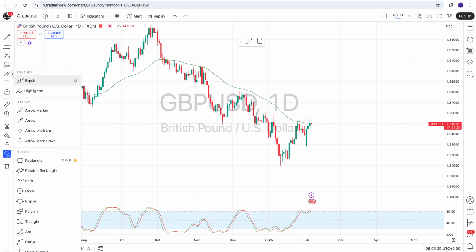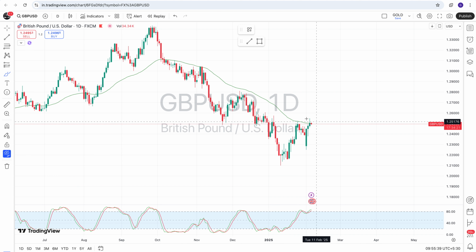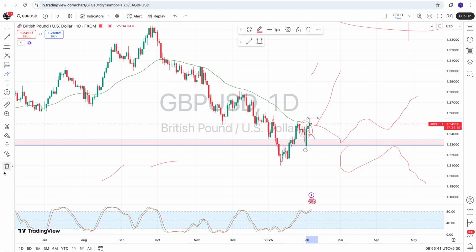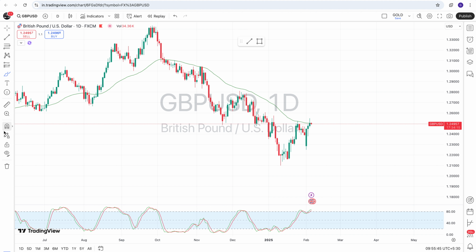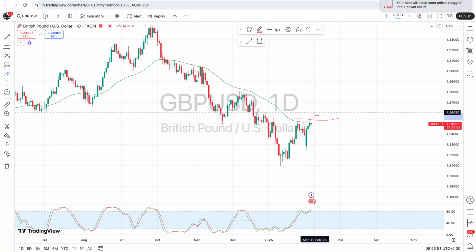So what I am saying here is, in case it sustains here, let me remove all my drawings first and then draw it again. If it can sustain here, then it goes above, retouches this point and then goes above. If it cannot sustain and closes below this, then it will go down, test here and then go down,